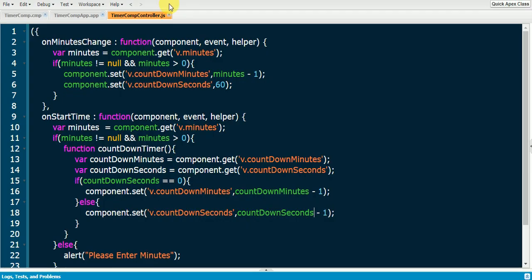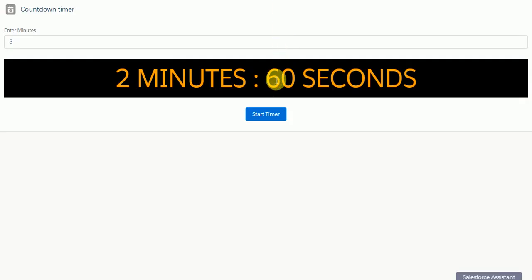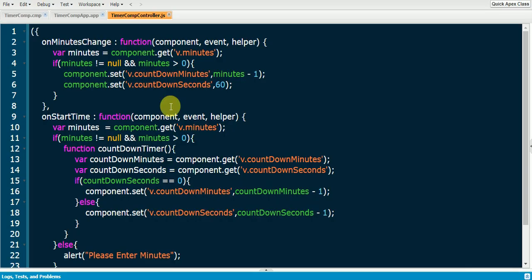Yes. And also, once the countdown seconds is 0, if we decrement it again, there may be a chance it may go to a negative value like -1, -2, -3. So if the countdown seconds value is 0, we have to revert it back to 60 here. So go back to the developer console.